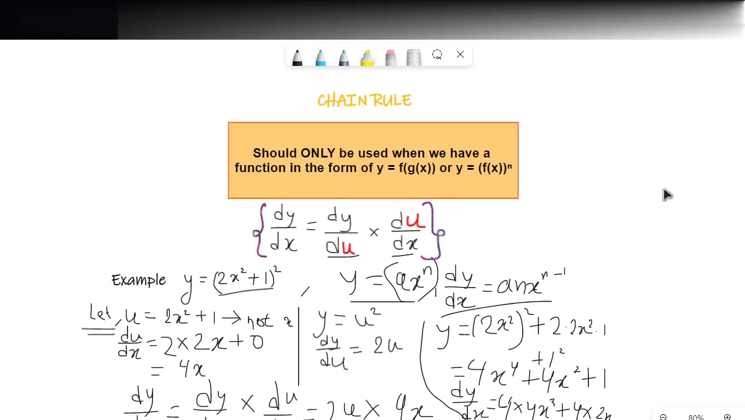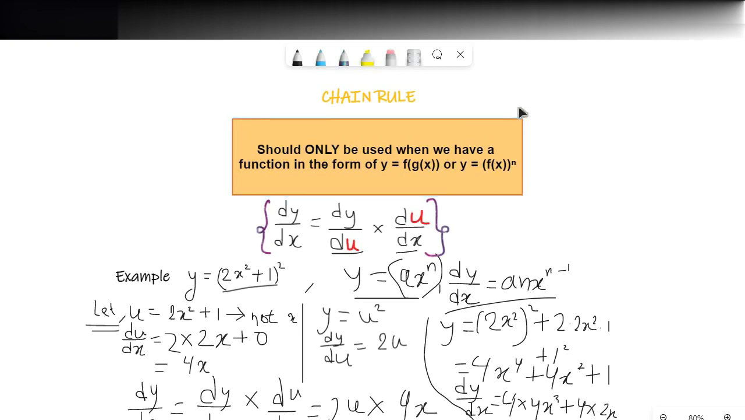So to sum up for all three techniques, first we have chain rule that can be used for only functions